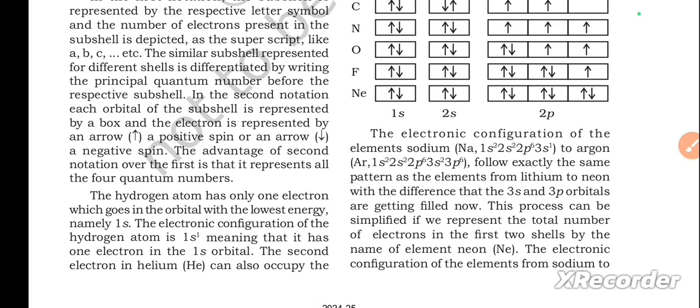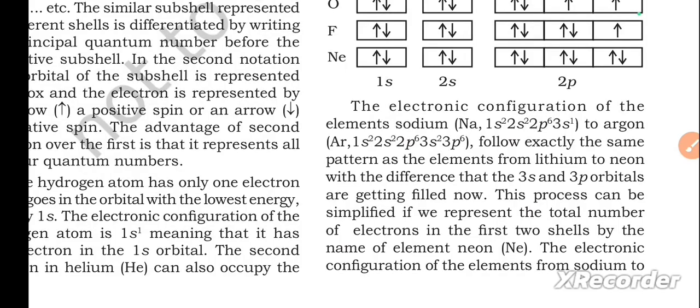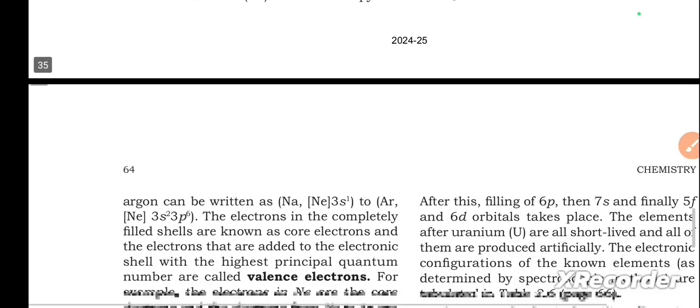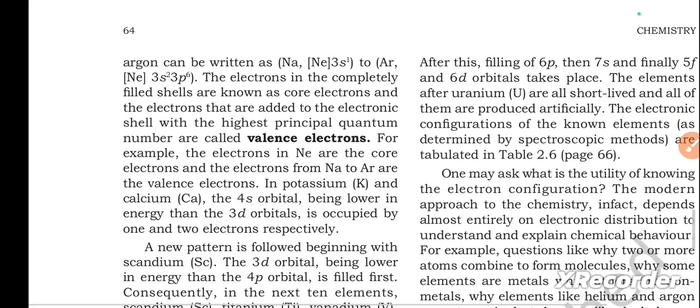The electronic configuration of the elements from sodium, 1s² 2s² 2p⁶ 3s¹, to argon, 1s² 2s² 2p⁶ 3s² 3p⁶, follows exactly the same pattern as the elements from lithium to neon, with the difference that the 3s and 3p orbitals are getting filled now. This process can be simplified if we represent the total number of electrons in the first two shells by the name of the element neon. The electronic configuration of the elements from sodium to argon can be written as